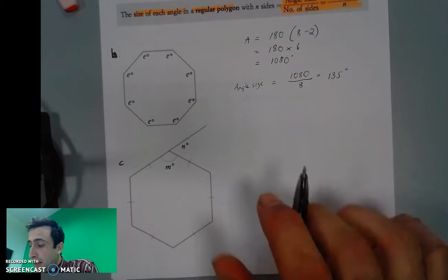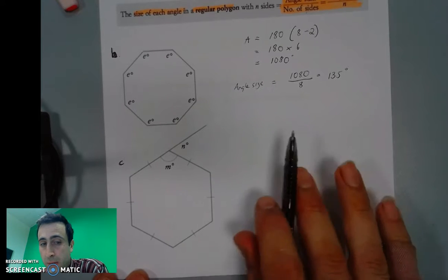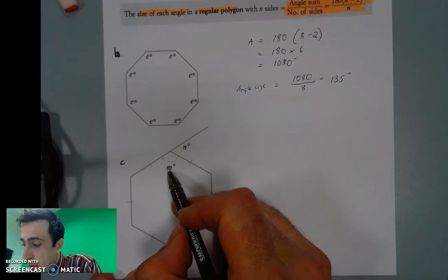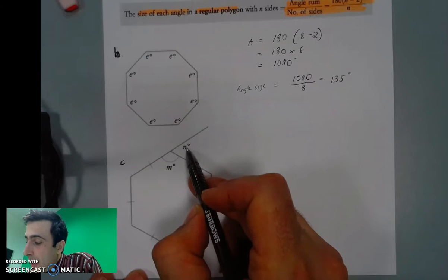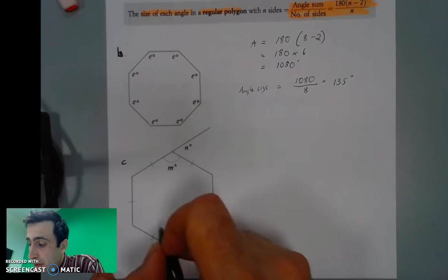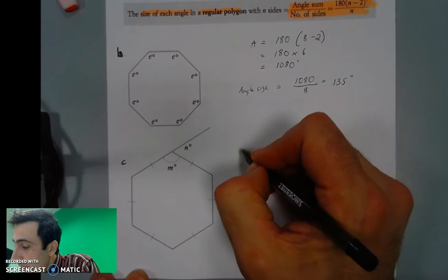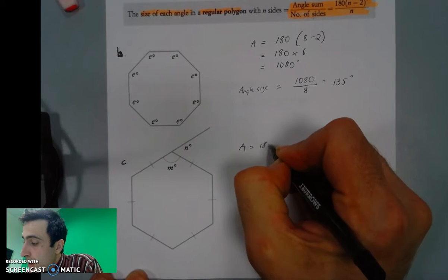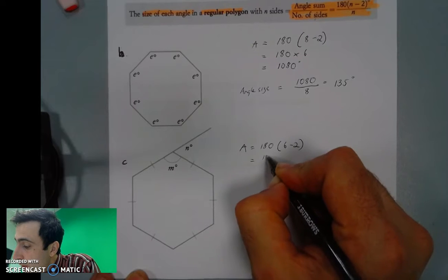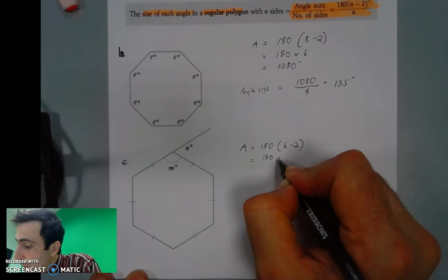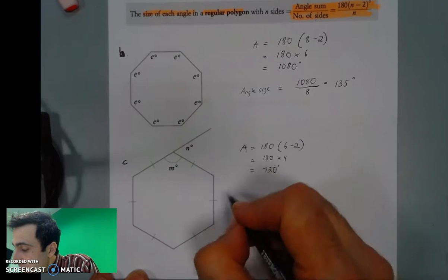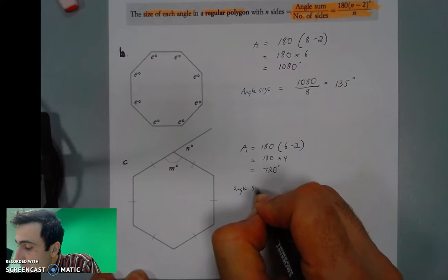I beg your pardon. A 6-sided shape, which is a hexagon. And so what it's actually asking is two things. What's that? And as a consequence, what is that? And so, first, let's figure out what the angle sum is and then divide it by 6. So the angle sum is going to be 180 times by 6 minus 2, which is 180 times by 4, which is 720 degrees. And now the angle size is going to be